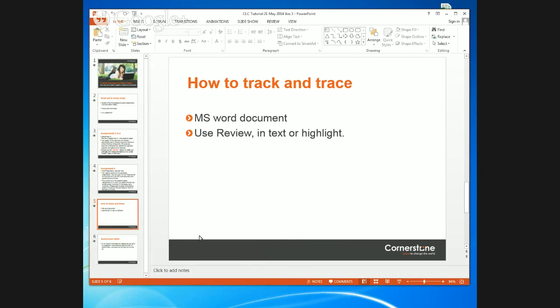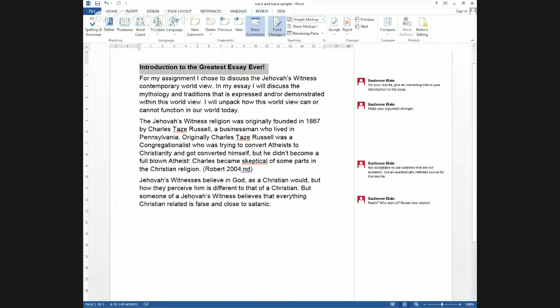You're saying that the changes should highlight in red. Sorry, I closed that a little bit too quickly. The changes here, are you referring to where it says Charles Taze Russell as an example of what's in red? Okay.